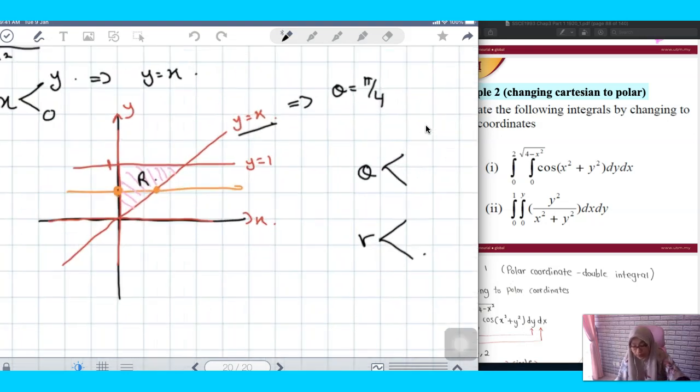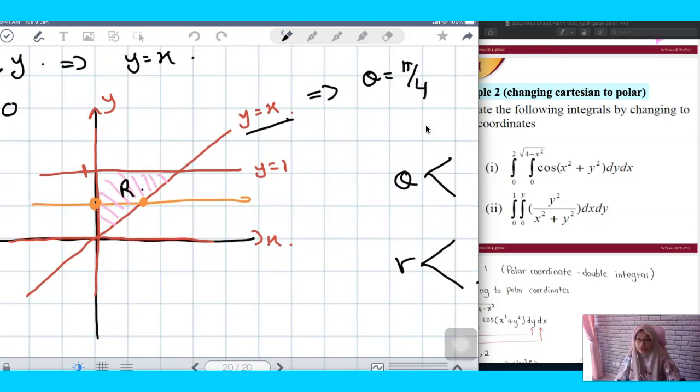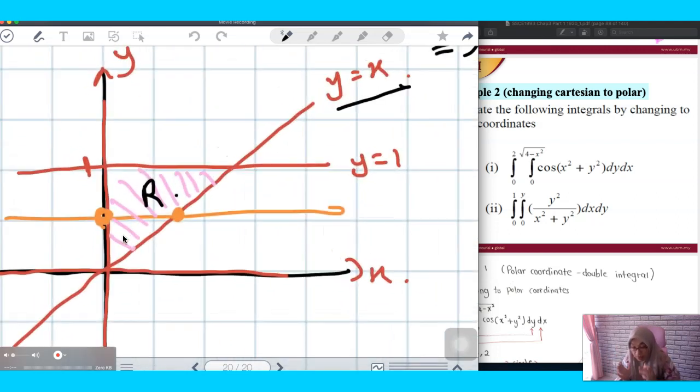Okay, so how can you determine the limit of theta? So now this is your region. What is theta? Theta is the angle. So just look at your region here. What is the theta? The theta is the angle. So then from there you can see that